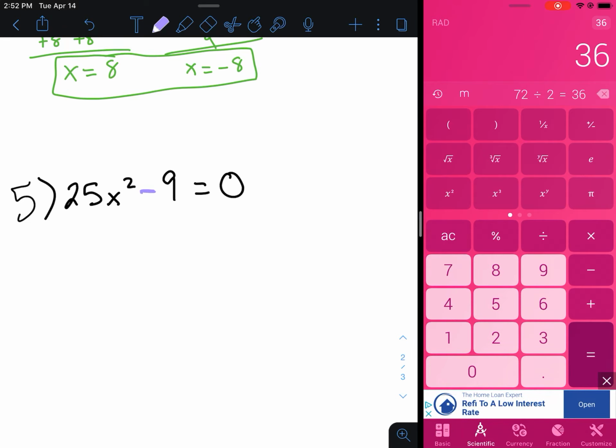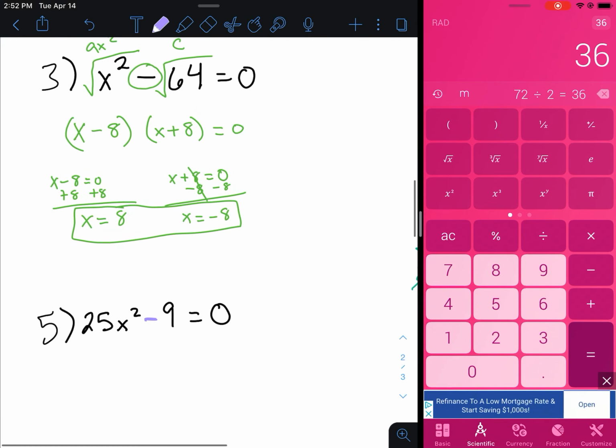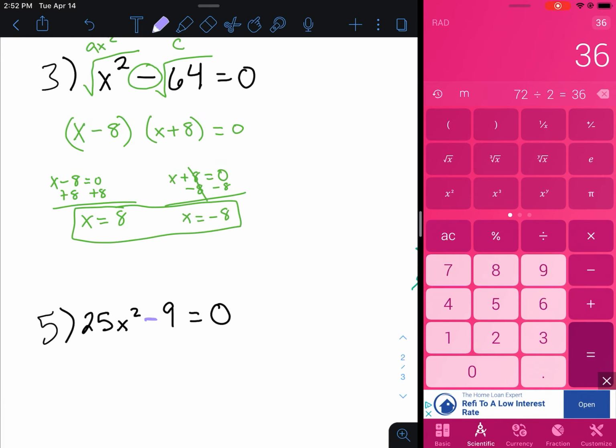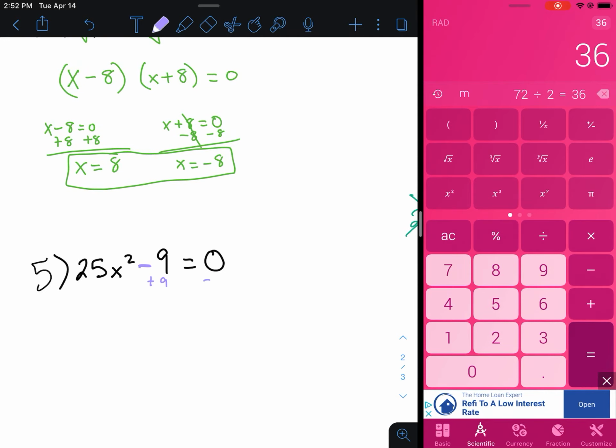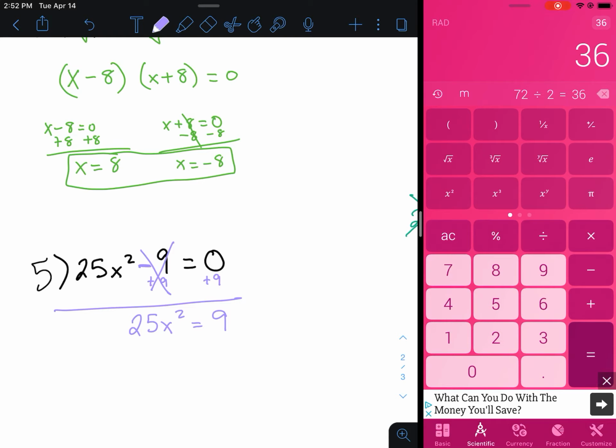So what we're going to do here is, again, we know that these are perfect squares, and it is the difference of perfect squares. You can solve this 2 different ways. You can solve it like we've been doing. Take the square root of both sides, and you get 5x minus 3 and 5x plus 3. Or you can add 9 to the other side over here, which will give us 25x squared equals 9. Then we're going to take the square root of both sides, and when we do that, we're not going to do the square root yet. We're going to divide by 25 first,